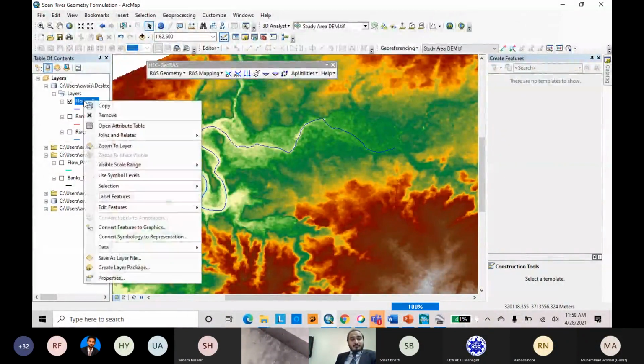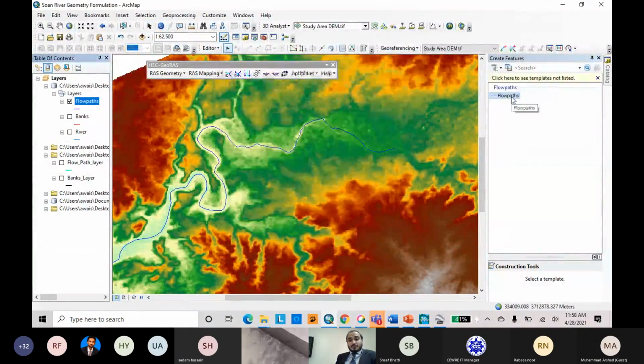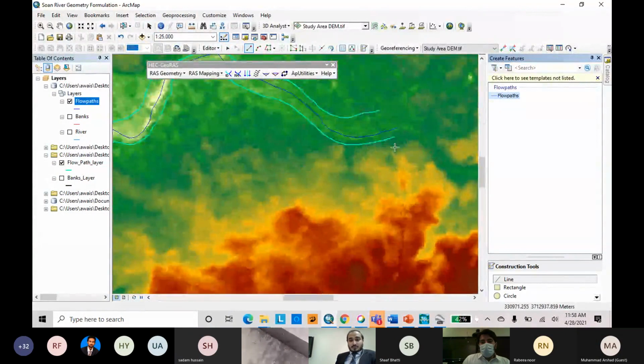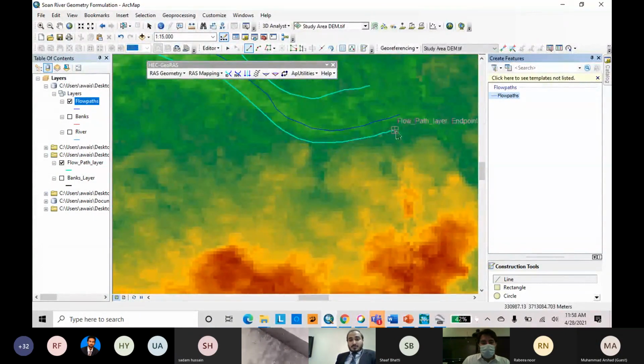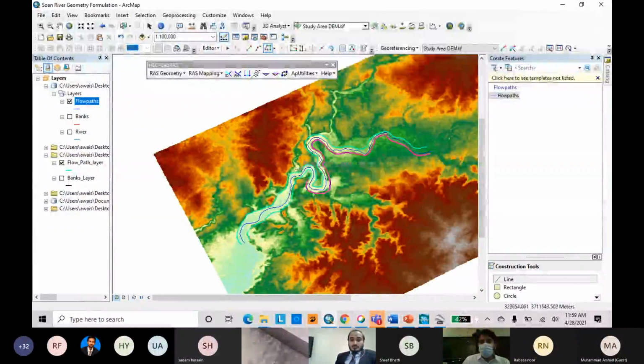Okay, the procedure is the same. Edit feature, continue, flow path. We have already digitized, and it automatically copied the river. We require two other layers. Here are the two other layers. First, we will digitize the left. We have to select the layer before editing. Double click.